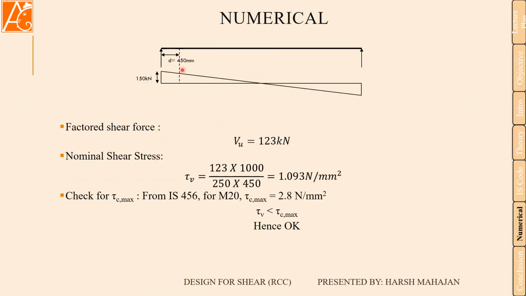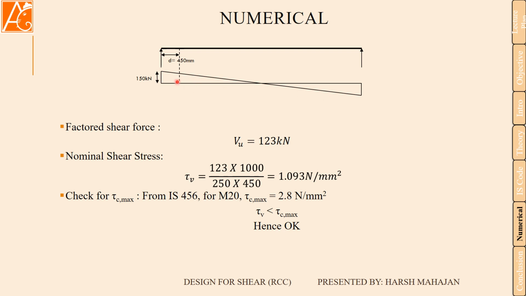Now see, this is the beam. If you are considering it simply supported, then our critical section will be considered at d, which is equal to 450. At this we want to calculate the factored shear reinforcement. So the maximum reaction will be 150 kN. This will be the shear force and bending moment diagram of simply supported UDL loading.